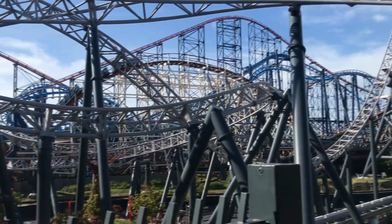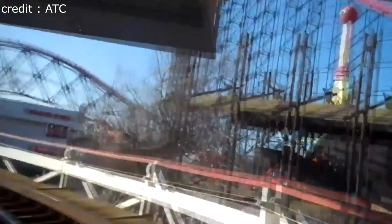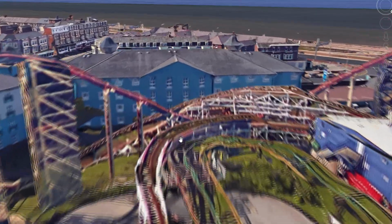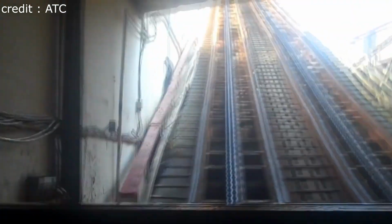The airtime is there in places, but it is very limited. So you need to be sitting towards the end of the trains for it, definitely. But because it's got the roughness of a wooden coaster, that's just how it feels. It's good, all right. Now, Grand National opened 12 years later than Big Dipper, in 1935, and it